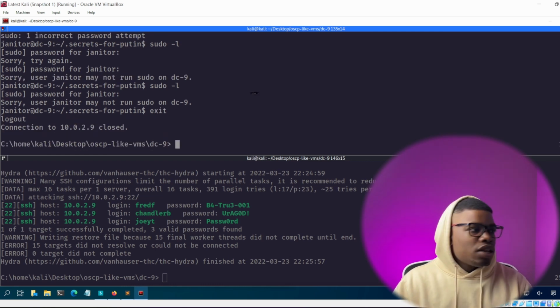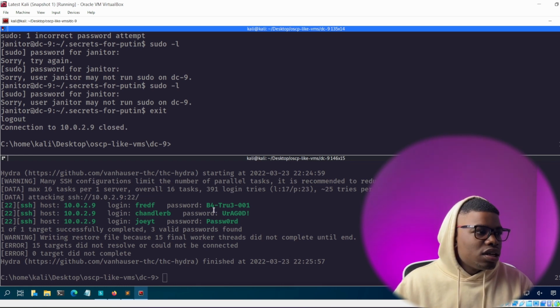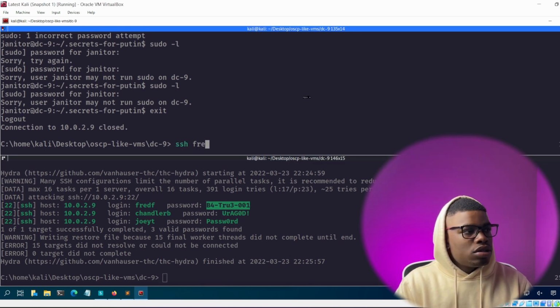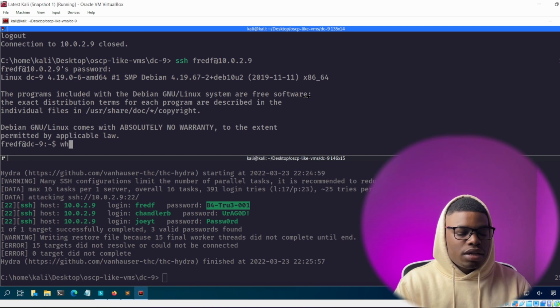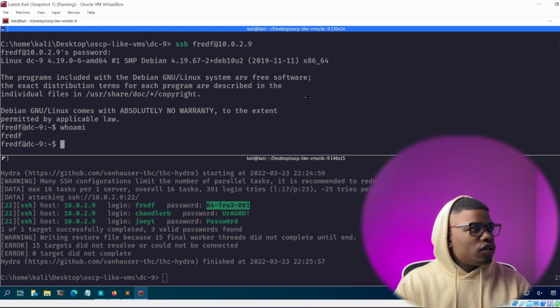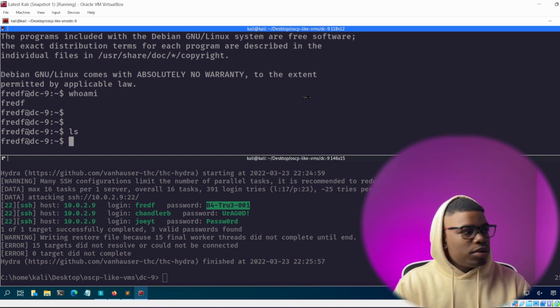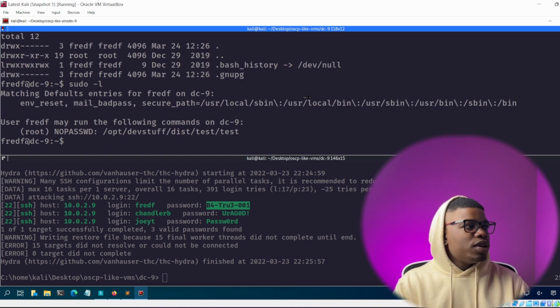So we shall exit and try this user, right? Considering we found his password inside the machine, it could be juicy. So SSH Fred F at 10.0.2.9, copy in his password. Yes sir, we are in. We are Fred F. I hope you can see, actually. ls -la. There's nothing here. We can try sudo -l, which is the first thing you should always do,